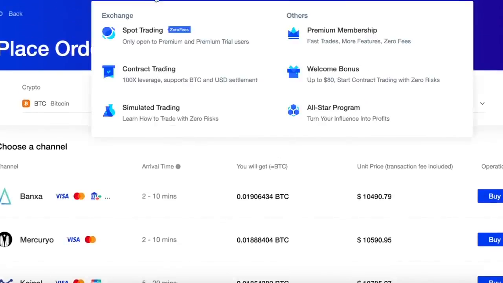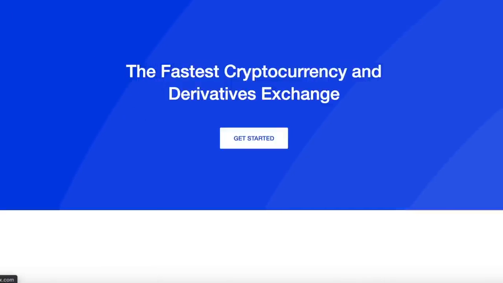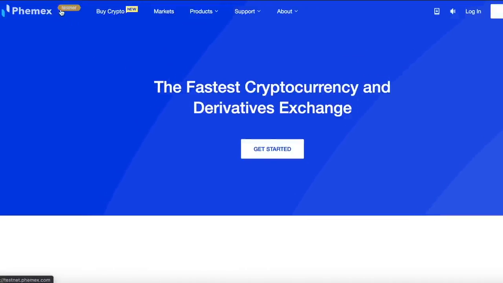And if you are a beginner, you should definitely click here, products and simulated trading. If you click there, you will be taken over to the Phemex testnet. Make sure to trade without any real money before you start trading if you are a beginner. Trading is very, very risky, and beginners generally lose money in the beginning. So you might as well try without money in the beginning just to get comfortable with the platform and with